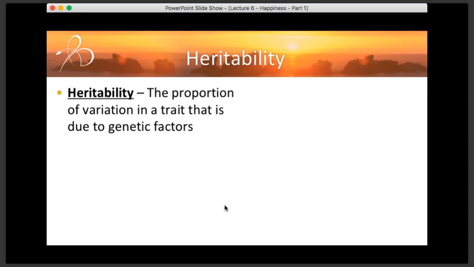Let's take IQ. All right. IQ is a somewhat heritable trait. There's some genetic factors in IQ for sure. Okay. When we talk about the heritability of IQ, we need to talk about the variation of IQ in an entire population and how much of that variation is due to genetic factors on average in the whole population. We can't talk about Joe's IQ and whether his IQ is due to genetic factors,